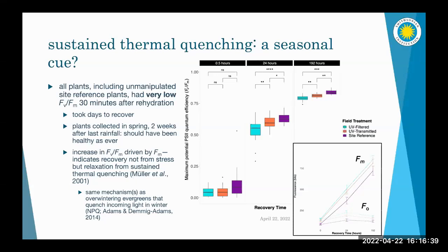And this was a change in FE over FM driven by FM, maximum fluorescence. There's a lot of technical details here, but take my word for it at this point. I'd be happy to talk about it more, because there's too much to go into right now. But a change in FE over FM driven by FM like this is indicative of this process called a release